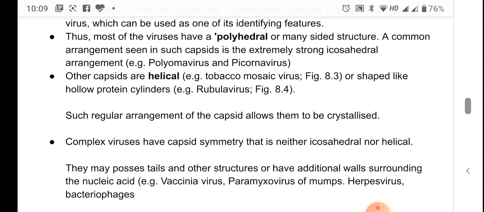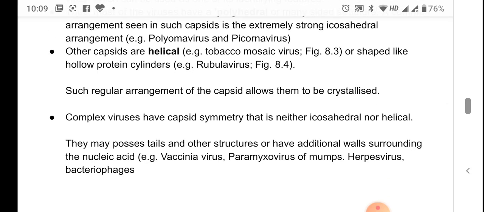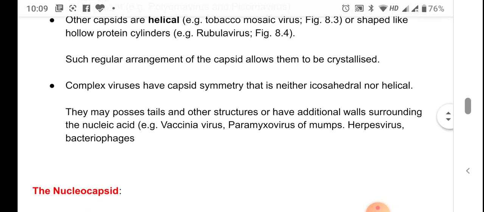And these regular arrangements, that is the above mentioned arrangements, allow these viruses to be crystallized. Then there are also complex viruses. Here the capsid symmetry is not icosahedral or helical. They are highly complex because of the arrangement of the capsomeres with the presence of multi-subunit proteins. In such cases, the virus may possess tails or other structures such as additional walls surrounding the nucleic acids, etc. Examples of complex viruses can be vaccinia virus, paramyxovirus of mumps, herpes virus,